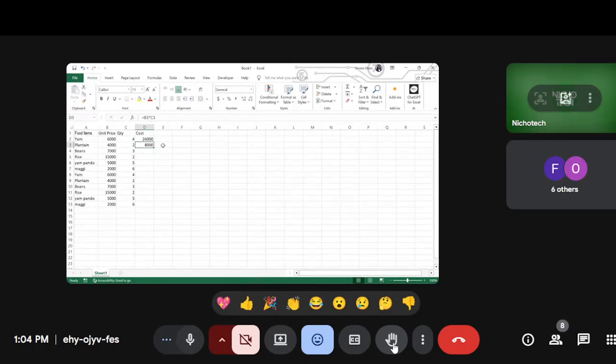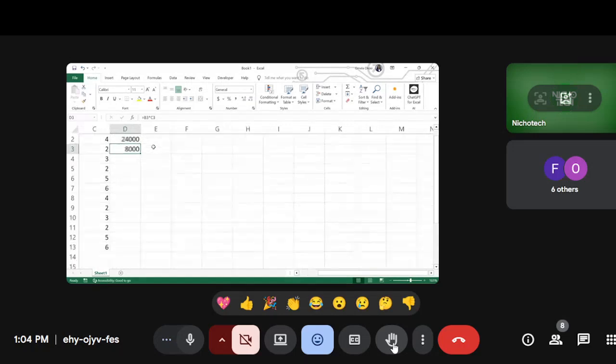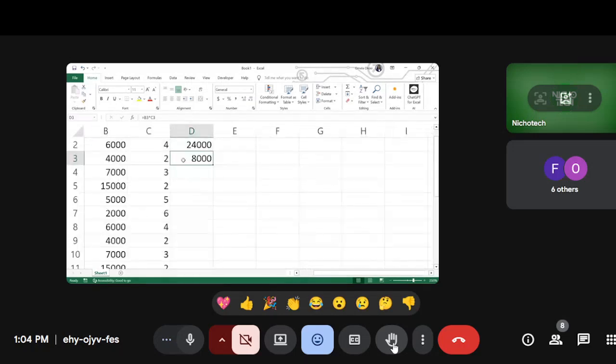You see this tiny box by the bottom right. Can you see it? Yes, ma. Now, you move your cursor to that box. It will change to a darker cross. When it changes to a darker cross,